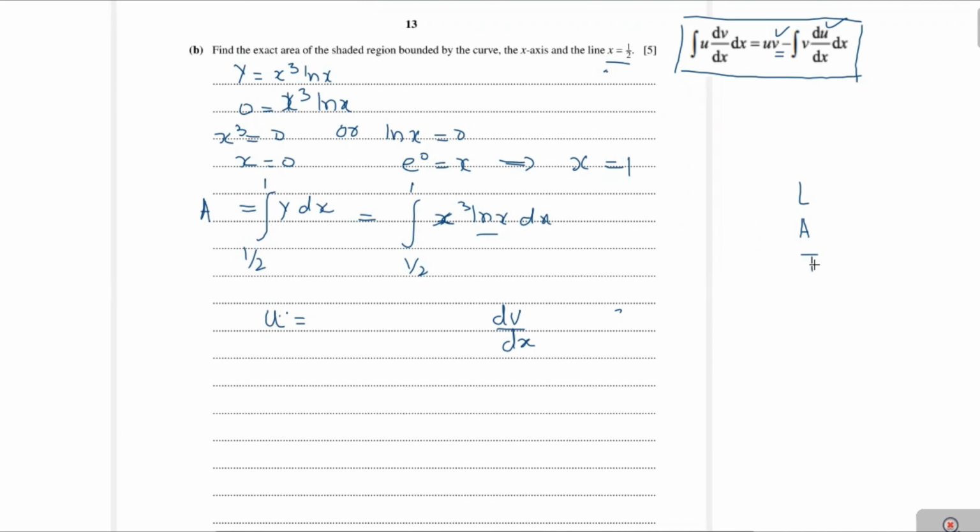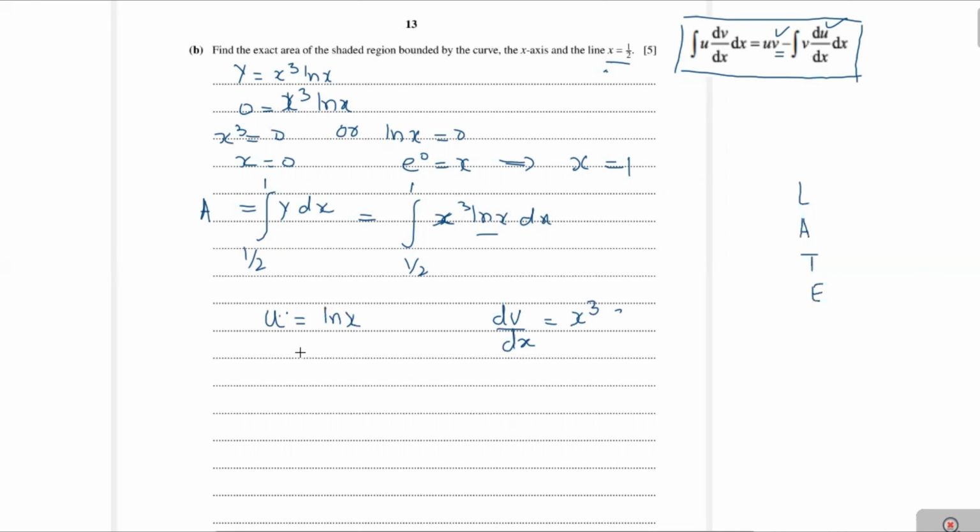Trigonometric is the third and exponent is the fourth. You can use this word "late" to remember the preferences for selecting the first and second term. You see here the logarithm is taken as the first term, and then the second term you will take as x cubed. Now you see here in the formula, the integral of u dv over dx equals uv minus the integral of